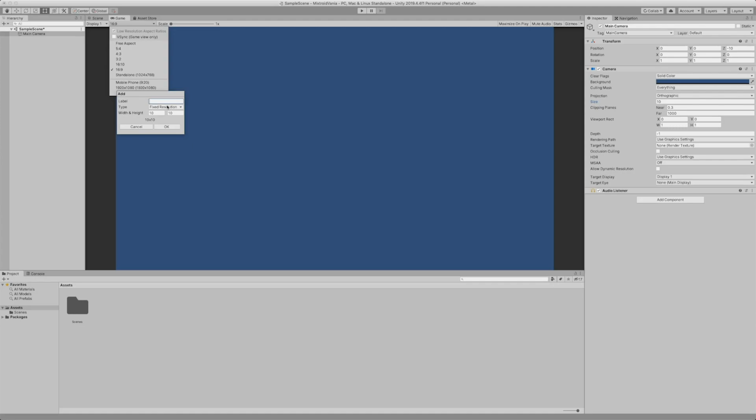You can give it a label. I named mine 1920 by 1080. And then you go and set it to fixed resolution. Under width and height, you put 1920 and 1080 and click OK. However, since I've already got it, I'm just going to click cancel and make sure I select my 1920 by